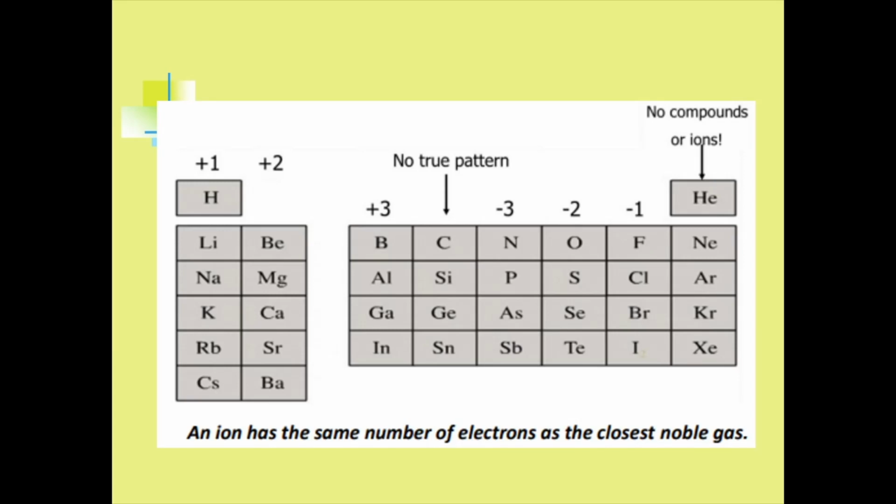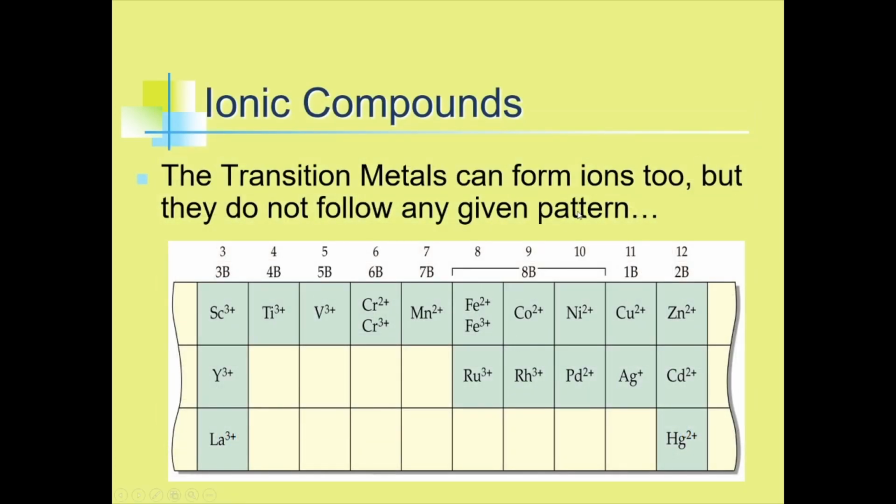So earlier we were looking at this pattern at identifying the charges of given elements on the periodic table. And we were skipping this big section in the middle here for the transition metals. Now, the transition metals themselves, they do form ions, but they don't fall into any given pattern here. So that's really unfortunate for us that we can't really identify right away what the transition metal ion charges are